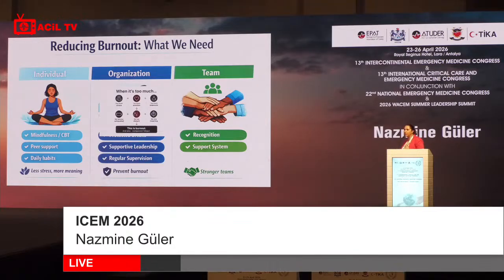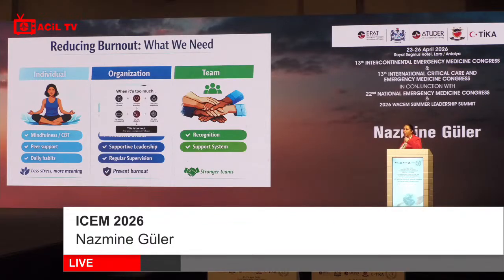We have the obligation to do something to decrease our stress, like sport, mindfulness. I always do self-hypnosis because it is important and it is my competence. You do peer support, very, very important peer support. You must have a daily habit to decrease your stress. It is obligatory. The second is organization. When you are exposed to dramatic situations, you are obliged to do defusing, debriefing, supervision, a supportive leadership,